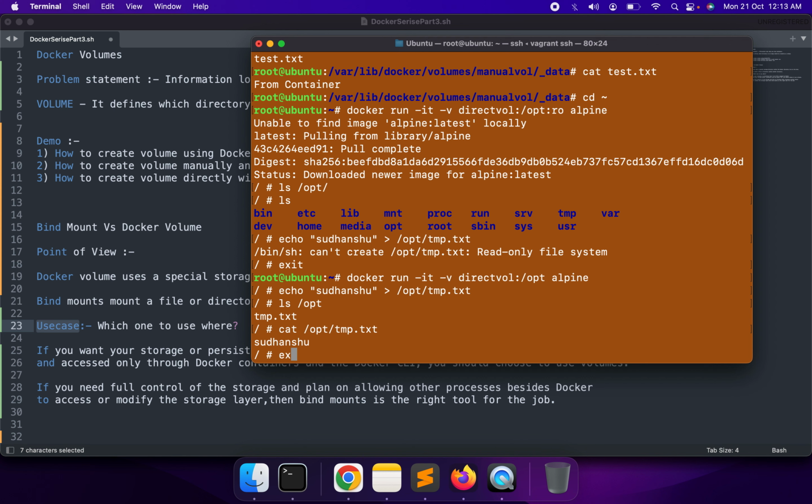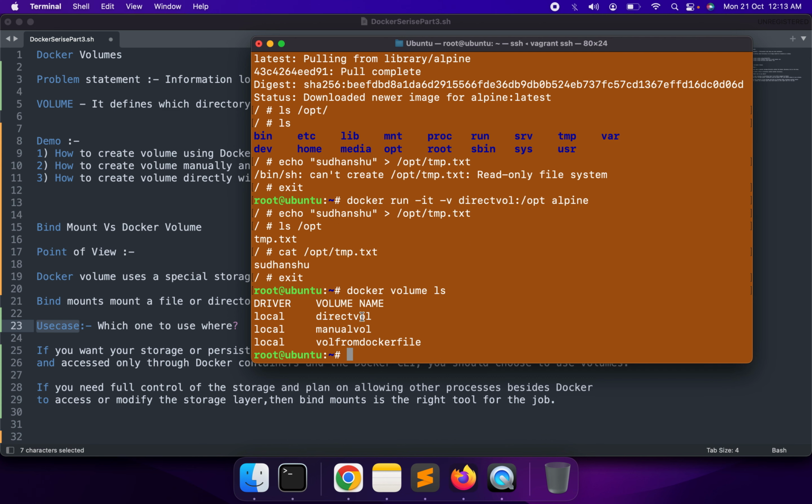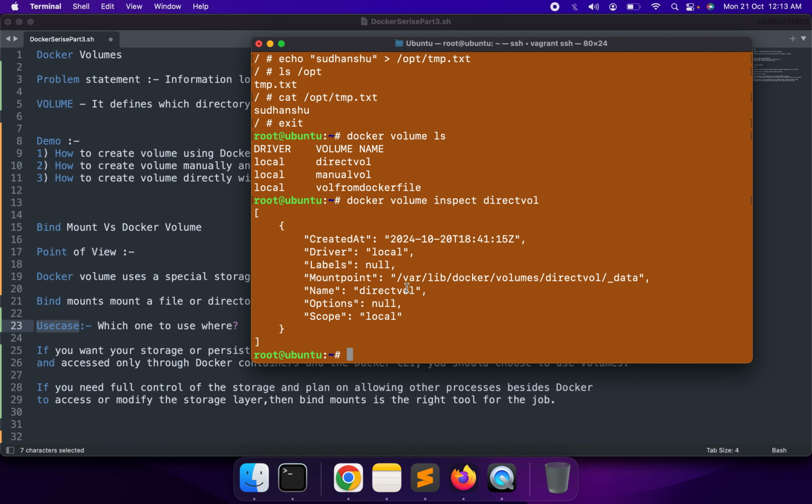Alright, so let's exit from here as well, and if I do docker volume ls, now you can see the volume which we have used, direct volume, is there. And if you want to inspect it, again same, docker volume inspect,